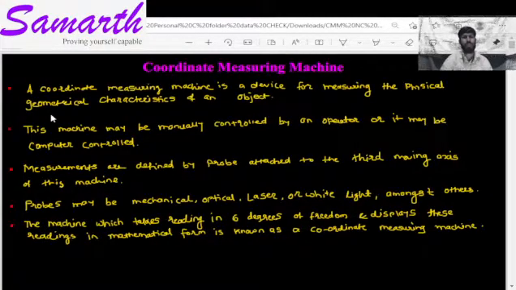But in reverse engineering we take any product. Let us say this is one power bank, then I want to manufacture such shapes, but I don't have any idea and values, any drawing for the same. Then what we will do, I will use a coordinate measuring machine,